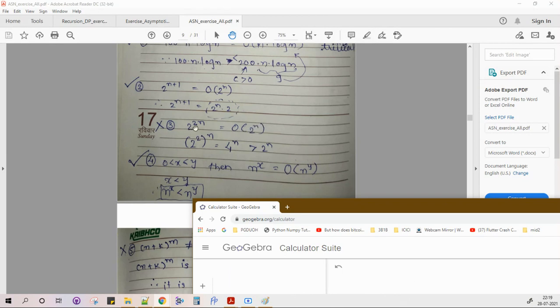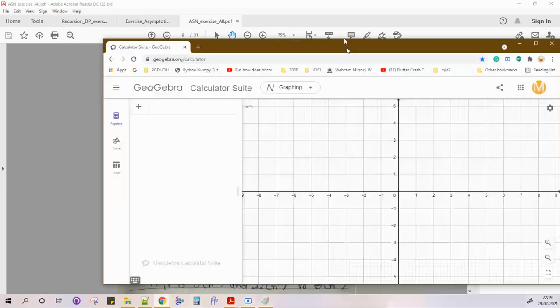Basically, see what big O means is that 2 raised to n, this term should be an upper bound to this, and this is not true, right? 2 raised to 2n cannot be upper bounded by 2 raised to n, correct? Because this is 4 raised to n basically, so it would always be greater than 2 raised to n, whatever value you take, right? So you want to be able to find that n0, so that this condition would be true, that 2 raised to 2n would be upper bounded by 2 raised to n, correct?